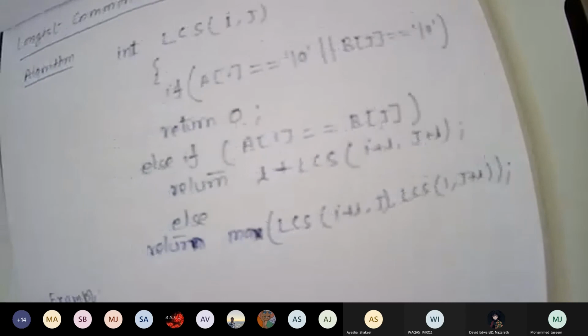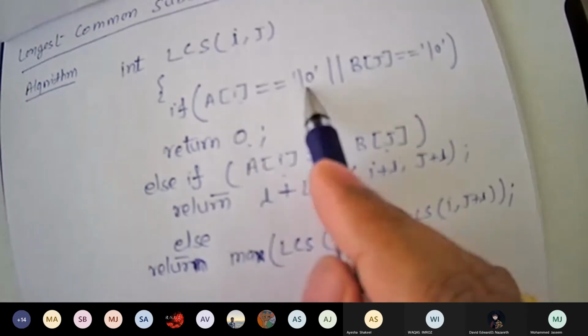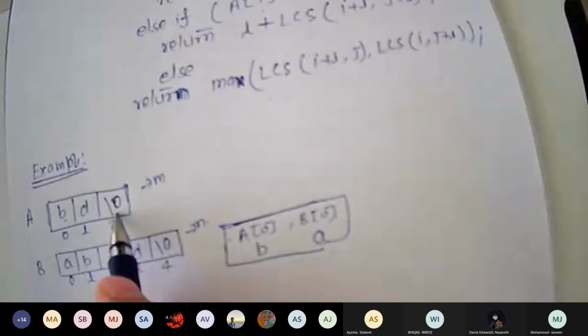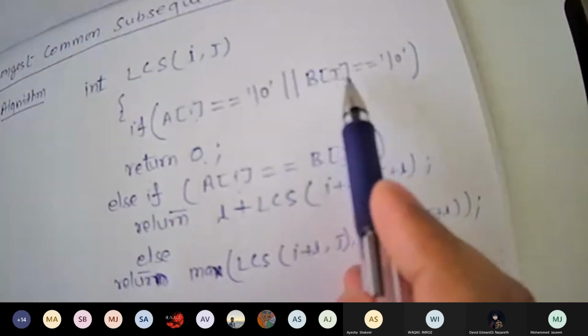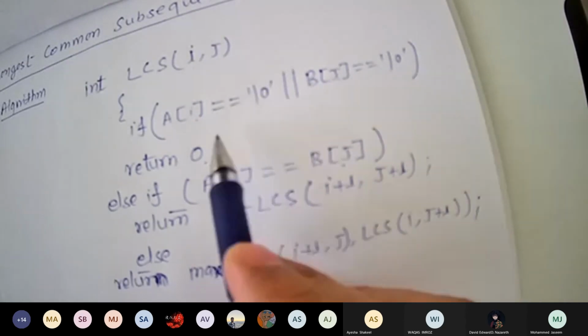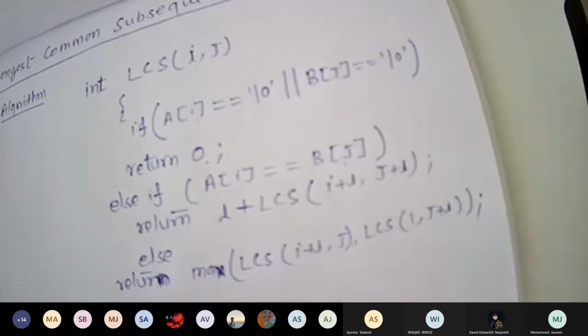Now, have we reached \0? No, it's B. It means this condition is not satisfied. B of j also is not \0. This condition is not satisfied. Then we will come to the next one: A of 0 is equal to B of 0?